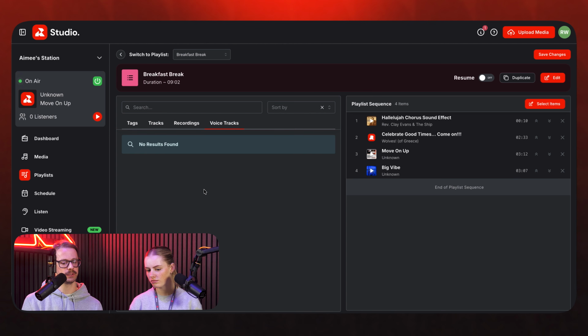Great. So what we're going to do is record a couple of voice tracks. Voice tracks are basically pre-recording your vocal content into your station. Usually people use it to give off the impression of a live host on air with you. It's just something you've pre-recorded, but it's so much better than just having back-to-back music playing. It reminds people they are listening to radio. So we're going to record a couple of them and then return to this playlist and slot them in. So if you go back to the media menu,